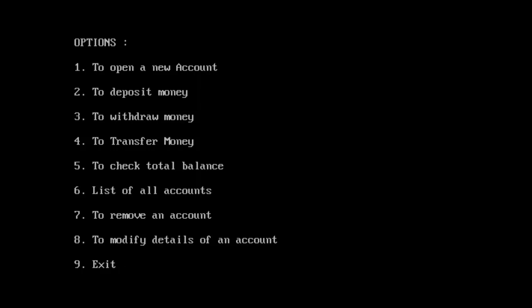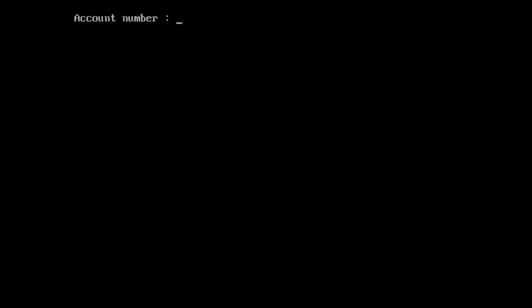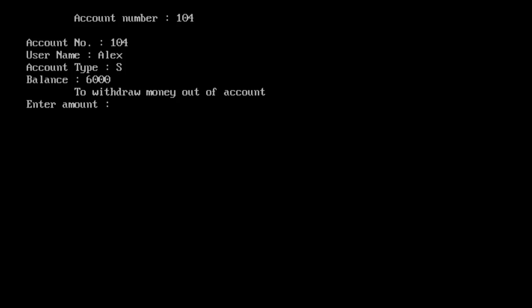Now again I am going to withdraw money. I enter the account number. Account details are shown. Now I enter the withdraw amount. Let's say if I enter an amount greater than the balance, it shows an error message that balance is low.